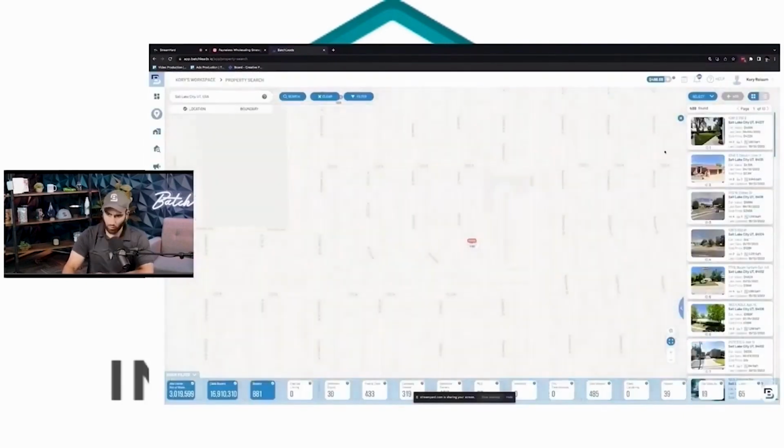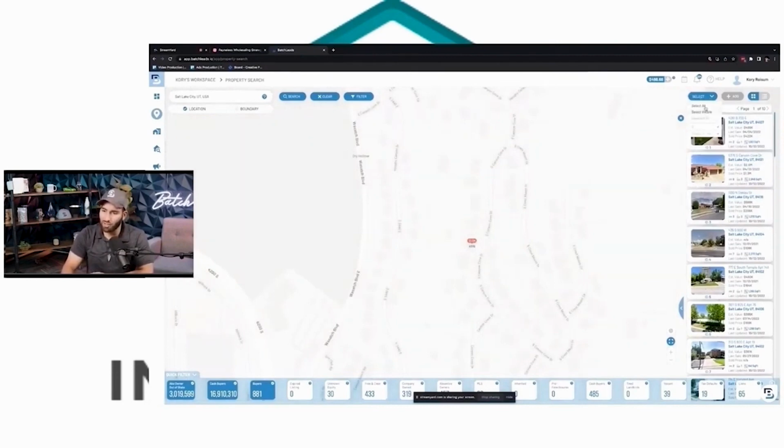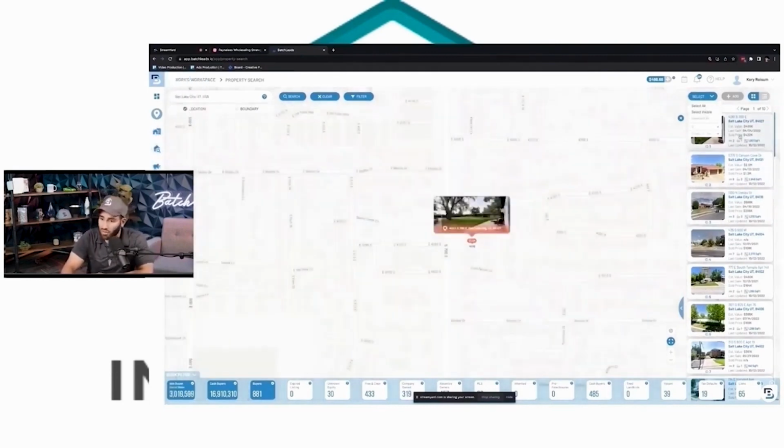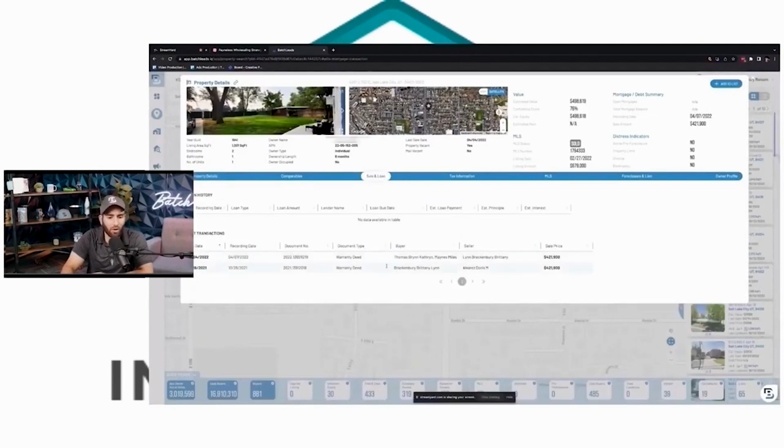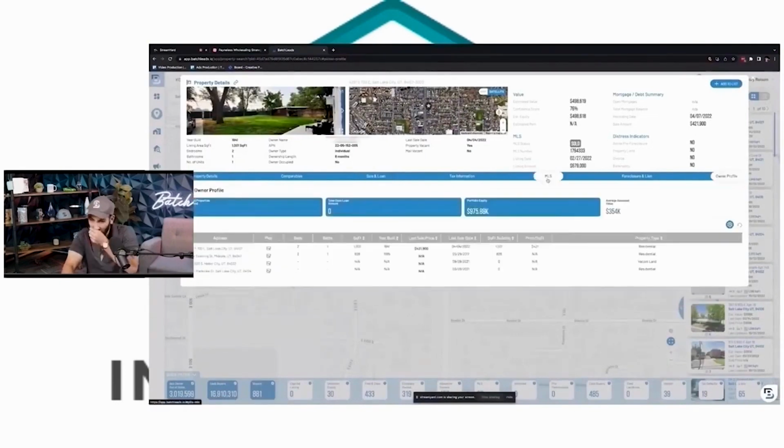Oh, wow. Okay. What this is saying is that in Salt Lake City, there are 485 cash buyers that have been found. All you have to do is select all, and then you skip trace the list and you can call them all individually. Or if you want to dive a little bit deeper, you can click on one and look at the details. You can go to sale and loan, check out when it was purchased and then when it was sold. So you can skip trace them,